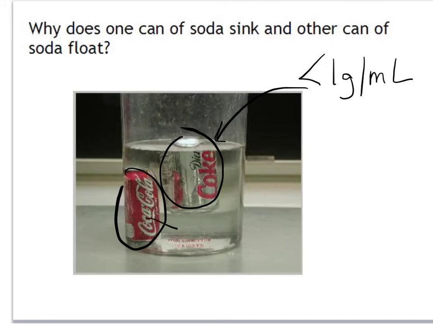For regular Coca-Cola, we know the density is going to have to be greater than 1 gram per milliliter. And we know that because it sank to the bottom. And we know that the water itself is going to be 1 gram per milliliter if it's pure water. So the Diet Coke is actually going to be more buoyant